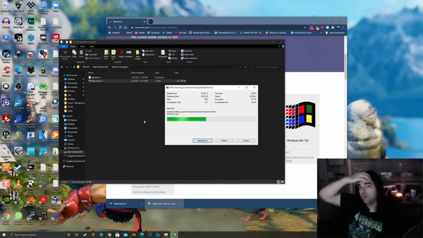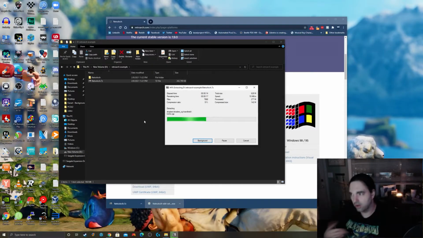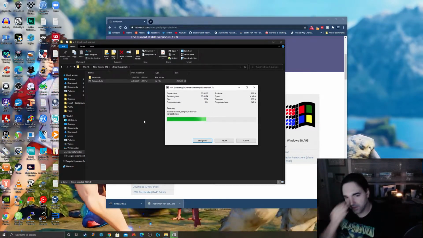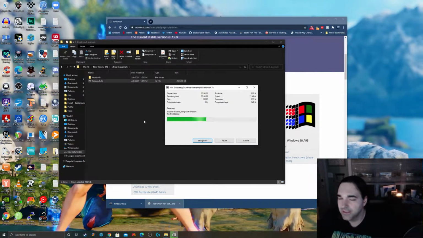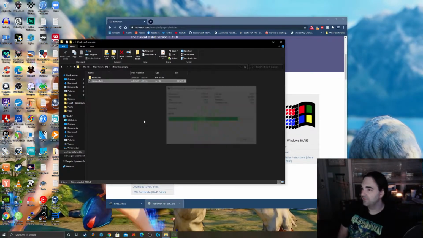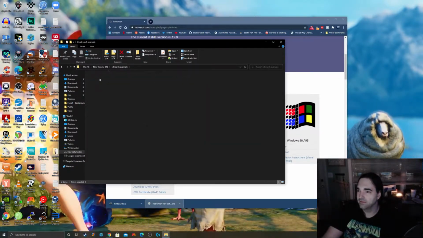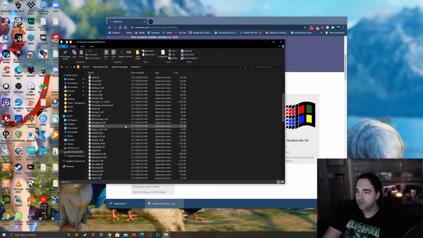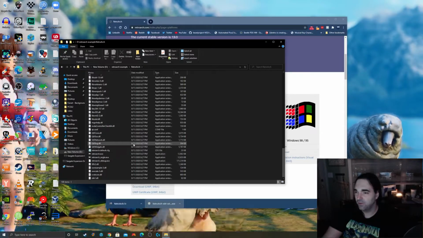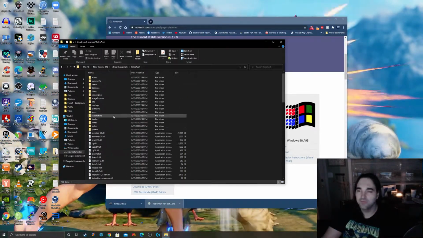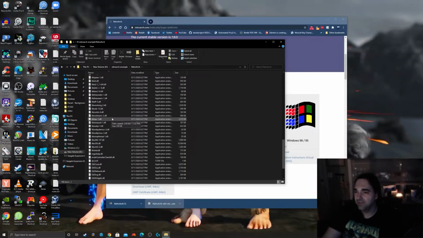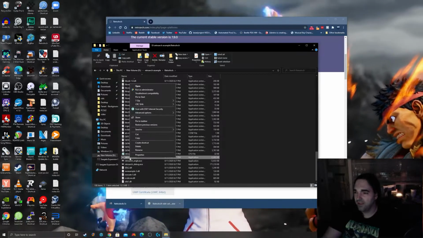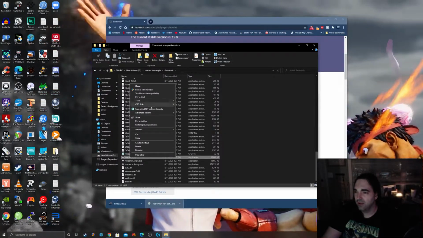But what's really cool when we take a look at this folder structure is that a lot of the heavy lifting is already done for you. That's one nice thing about this installation. They definitely have improved things a lot since I first installed this app a while back. So just open up that folder and you can see that there's a lot of files in here. These are all DLL files, configuration files, all kinds of stuff that you're not really going to touch too much. So you might want to just right click on the Retroarch executable and just send a copy